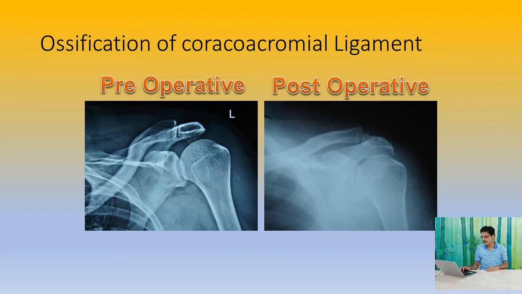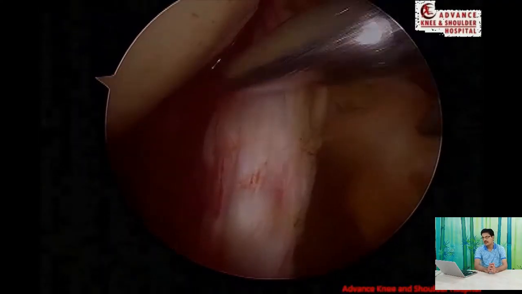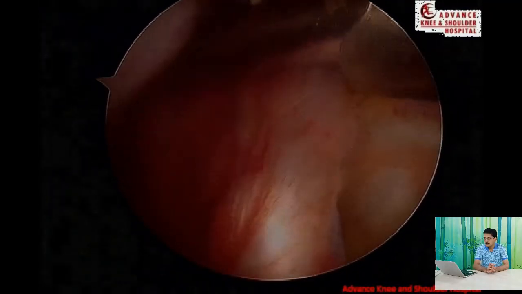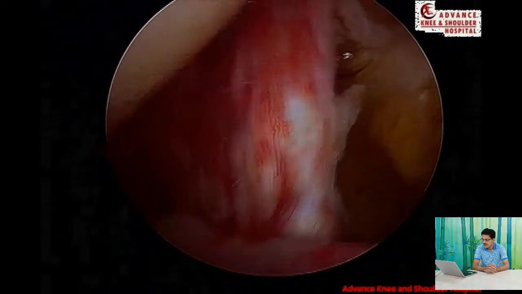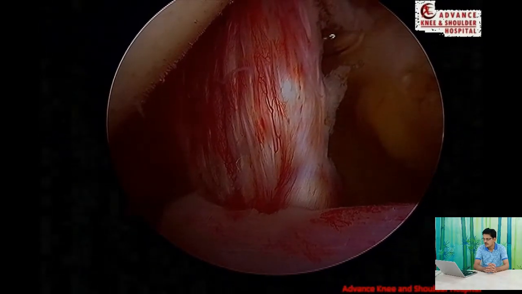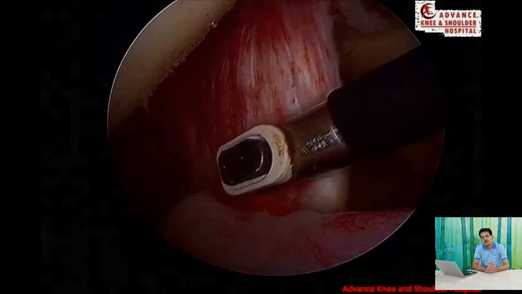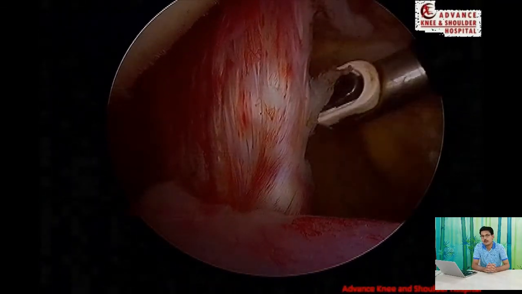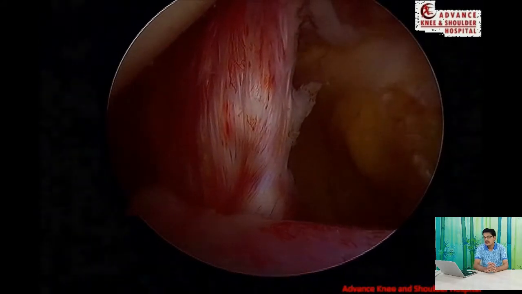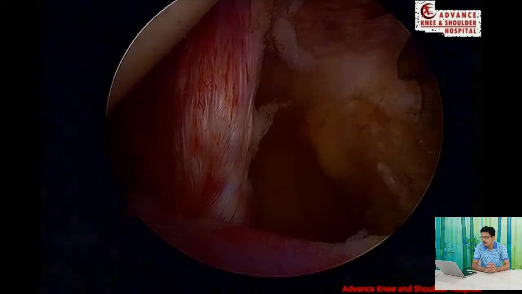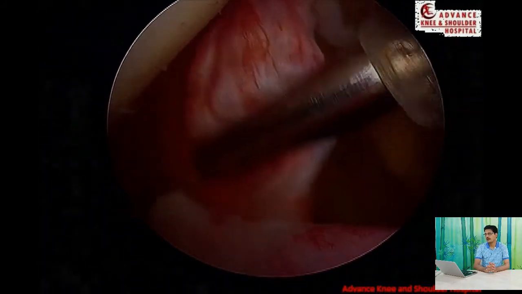Now this is a subscapularis tendon. On preliminary examination it looks normal, but what is very significant here, which you can see, is increased vascularity on the articular side. This hypervascular response is suggestive of a healing response of an articular sided subscapularis tear, and this is a partial thickness subscapularis tear on the articular side, and when we pull it we see that this is a normal level of the